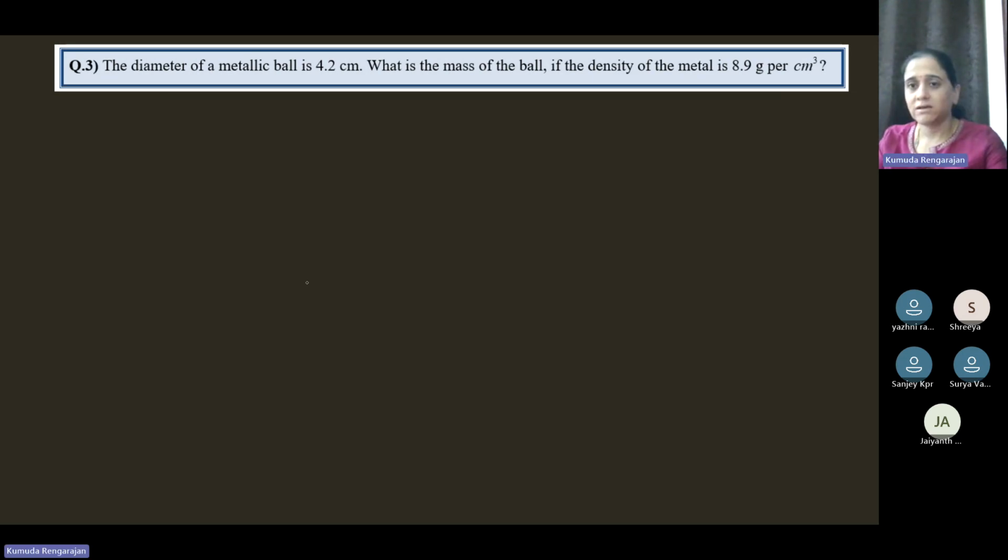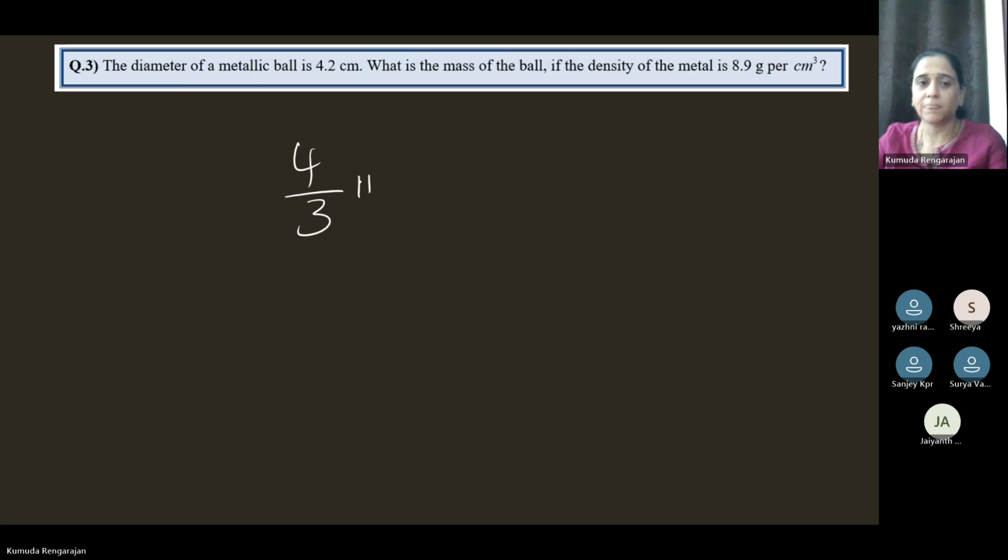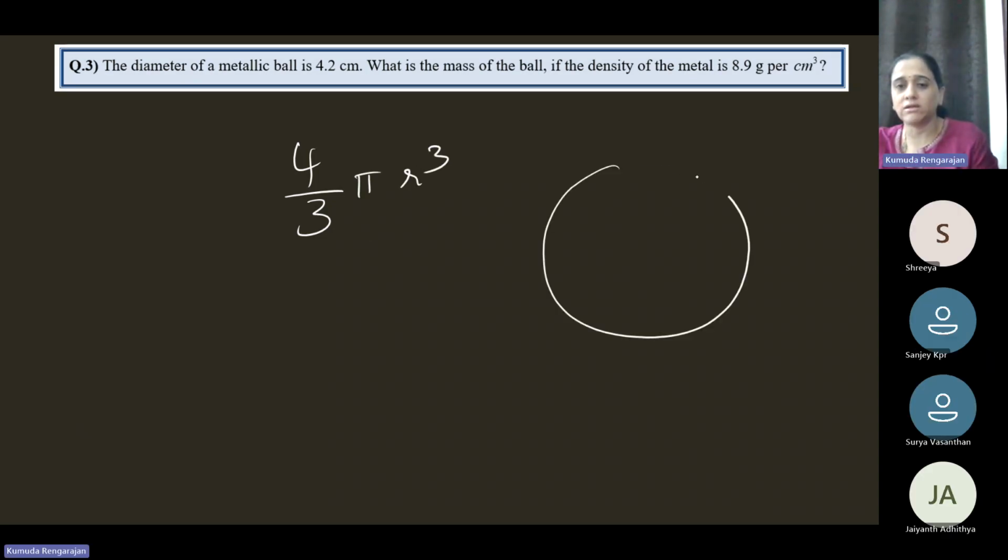Similar question, no? 1 centimeter cubed, 8.9 grams. So you should find the volume of this metallic ball. Diameter is given. Diameter is 4.2, so radius is 4.2 by 2, which is 2.1. Find the volume of this metallic ball. A ball is spherical, so no question whether it's a hemisphere or a sphere. It's a metallic ball, so it's a sphere. So the formula to find the volume is